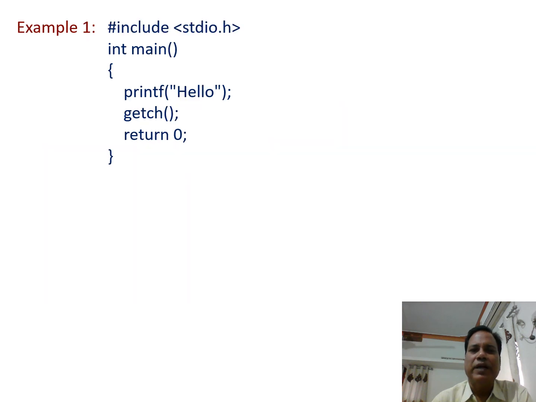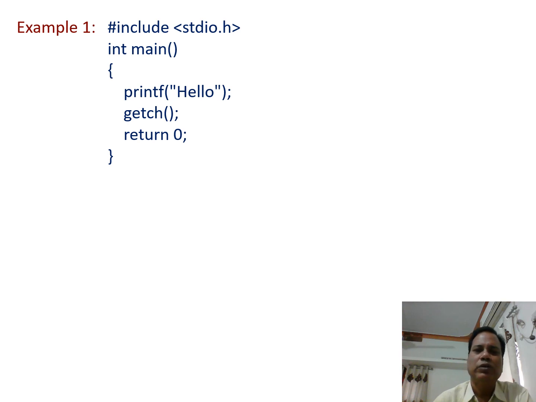Now let us see an example where we will see the use of getch. In this example, the first statement is printf hello. This printf statement is just written to display the hello message on the output screen. Next is the getch, which we have just discussed.